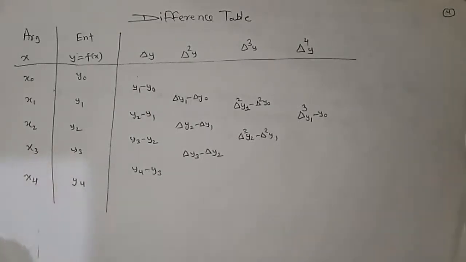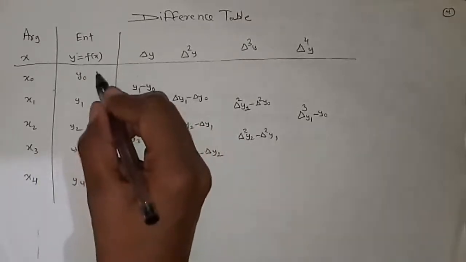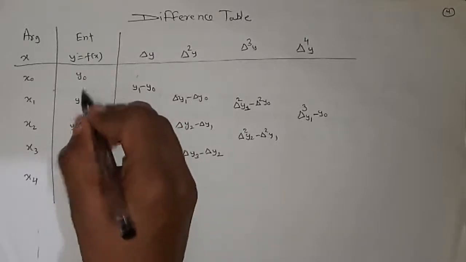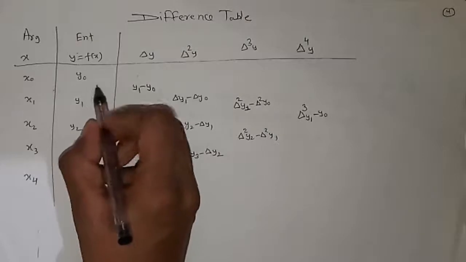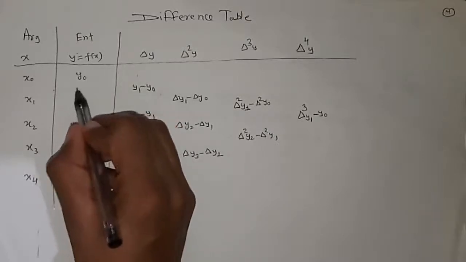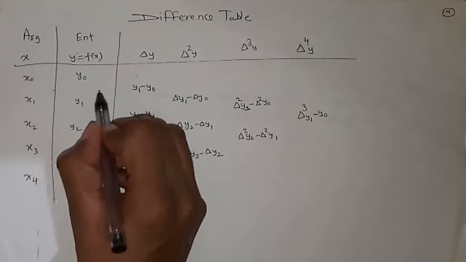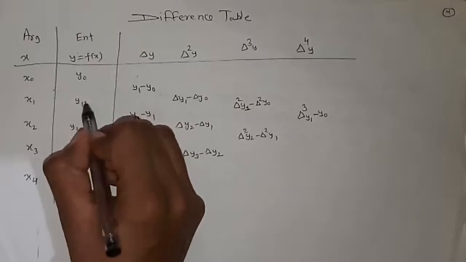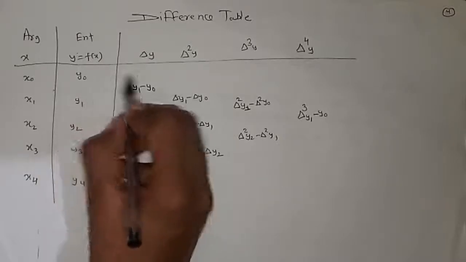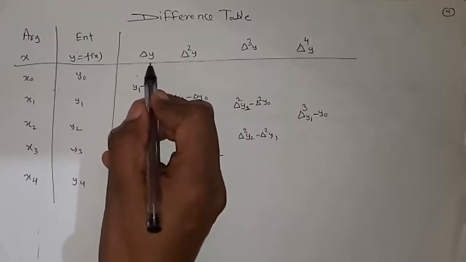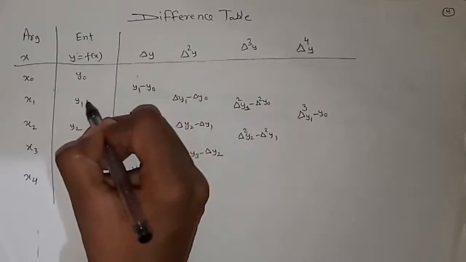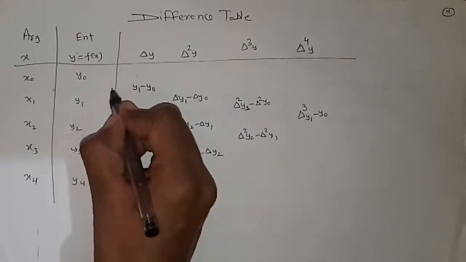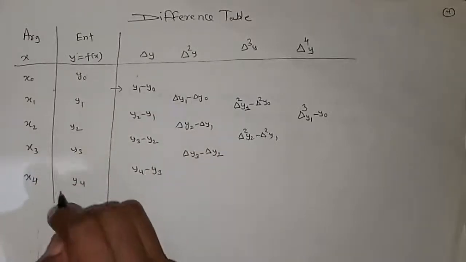So first of all I have to calculate my first difference. Always remember, while you are writing the first difference or any difference, you have to write the value in between two values, because we are finding the difference of these two entries. It is easy to remember if we write in between these entries the value for these two entries. So I have to find the first, forward difference. The first difference is nothing but next minus previous. So y1 is my next value and y naught is my previous value. So this becomes y1 minus y naught.